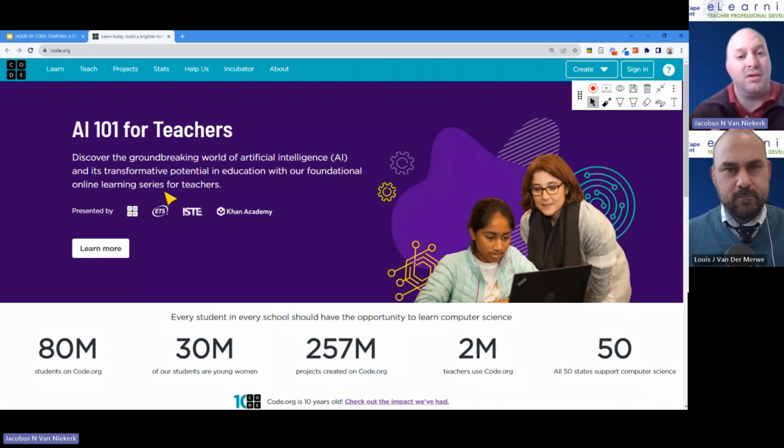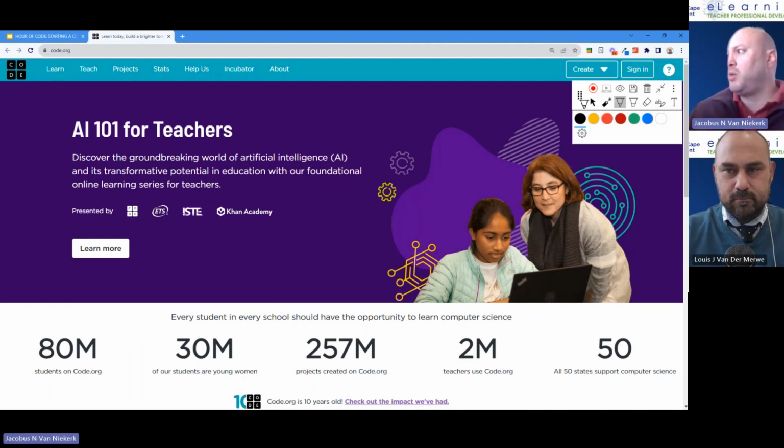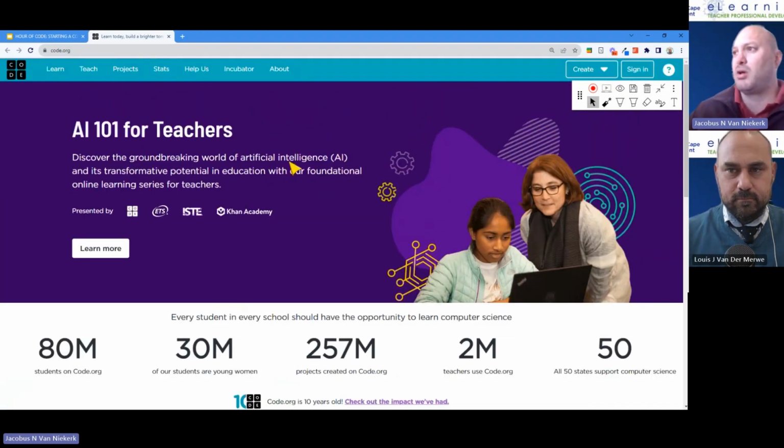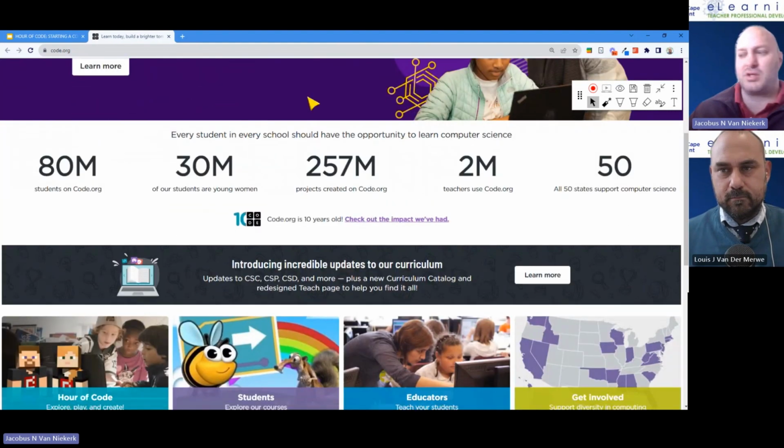Remember, we said enthusiasm and curiosity. You came to this session, so you've shown enthusiasm and curiosity. So let's try and feed that curiosity a little bit. Now, in code.org, what we did is we took you straight to one of the things you can do. If you open up code.org, you'll find a website that kind of looks like this.